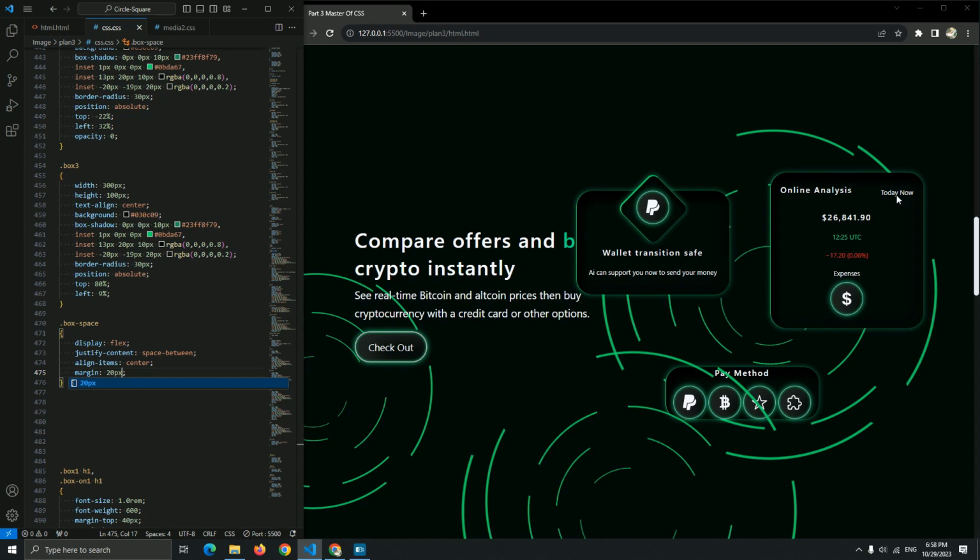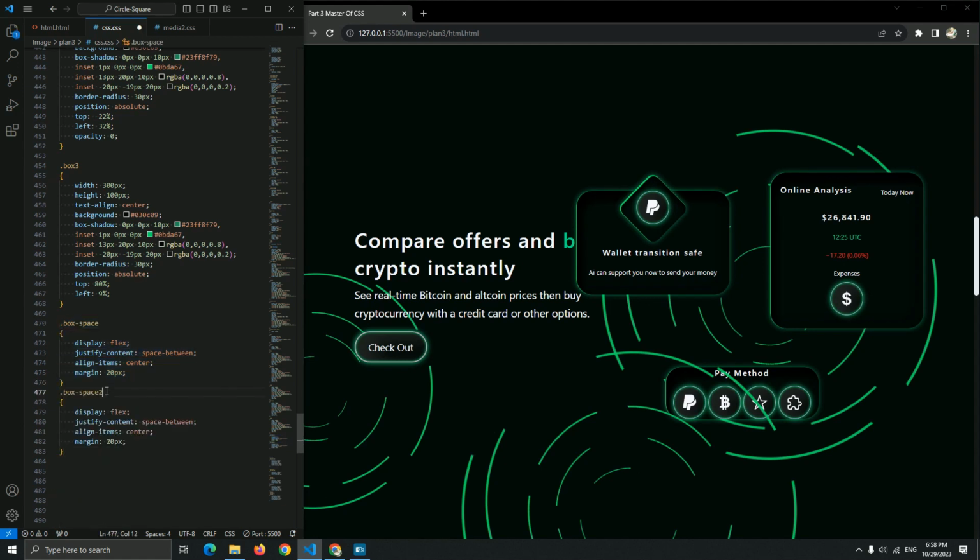Here we go. As you can see, this is our box space 1. Now for the box space 2, let me just copy paste it. I just want to add a margin of 0 pixel for the top and the bottom, and 20 pixel for the left and the right. So this is the difference for box space 2.